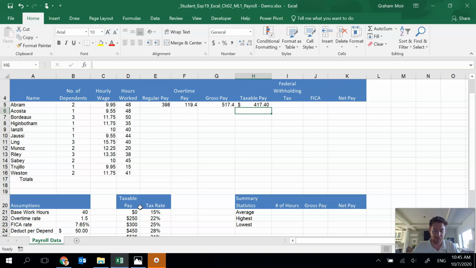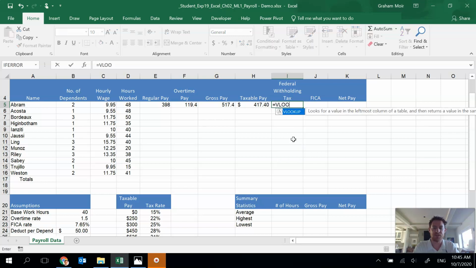Based on the instruction sheet, our check number worked. We are done step 3. Step 4, we're introducing a new type of formula called the VLOOKUP. We're going to use that in cell I5 to identify and calculate the federal withholding tax, but we're going to use the VLOOKUP specifically to choose the tax rate that we need to apply. So I'm going to hit equals and put in VLOOKUP,